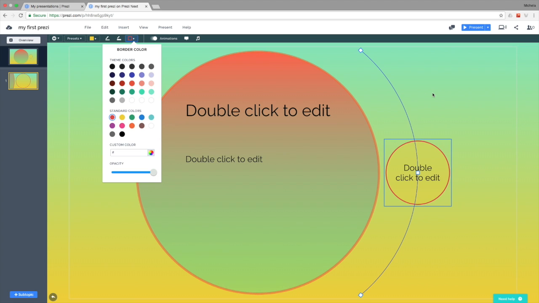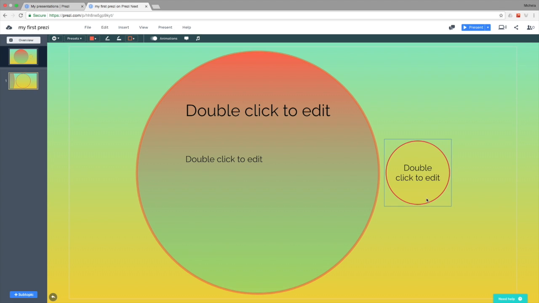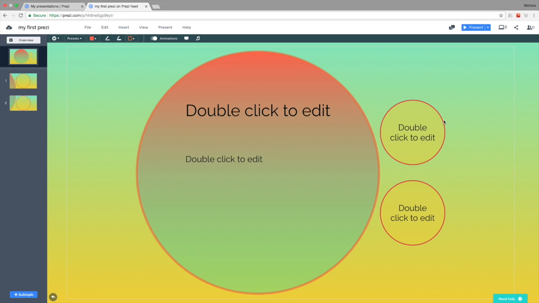And after doing this, if we want to repeat this layout for all the subtopics here, we need to select the subtopic, copy it by using Ctrl+C or Command+C on your keyboard, then deselect the subtopic and press Command+V or Ctrl+V to paste the subtopic. And you can repeat this procedure as long as you like. If you need more than 2 subtopics, you can go on pasting the subtopics here. And you see that the 2 subtopics appear on the left side